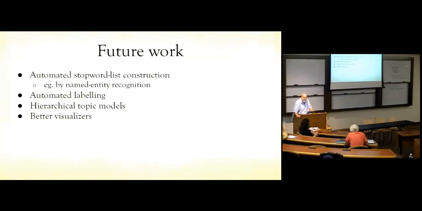I don't know, Sara can tell you what's being done with automated stop word list construction. She's looked at the literature, and I have not, but certainly named entity recognition would help. Automated labeling is another big topic. We have Jonathan, the hapless research assistant, and presumably he will have a successor as a hapless research assistant who can help with this stuff, but it's time consuming. Nobody really knows, and it's probably highly corpus specific.